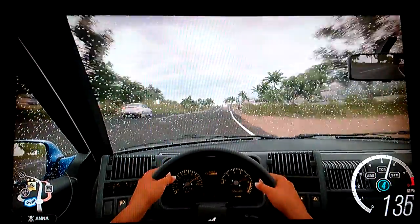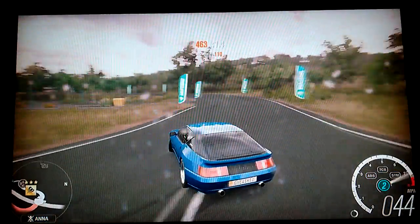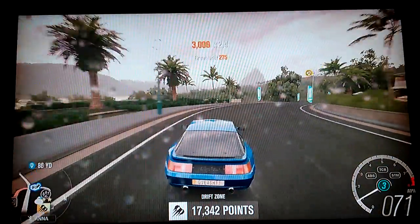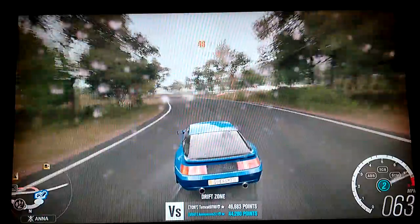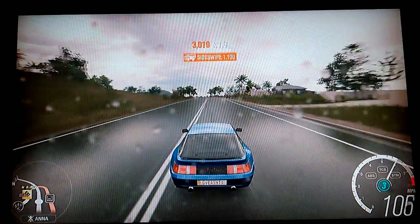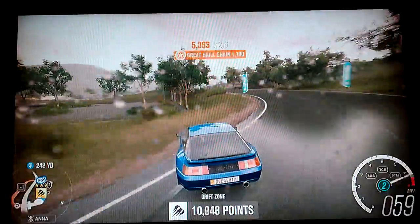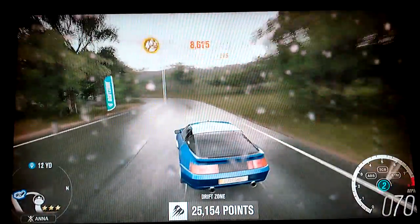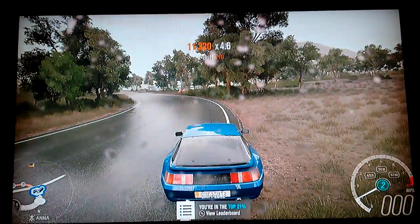Pending the traffic. Shoot. Oh, that was horrible. That was horrible. Alright, there you have it. I wasn't expecting the drift on this thing being that kind of dull, but